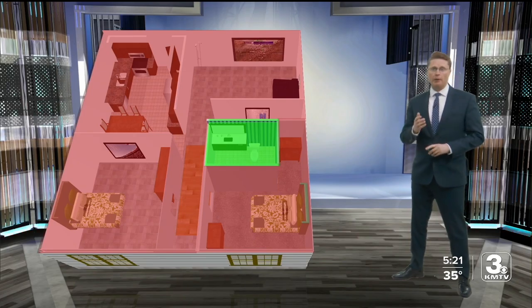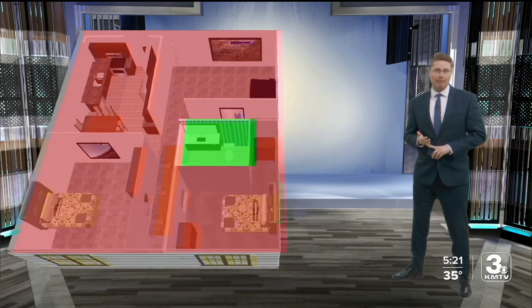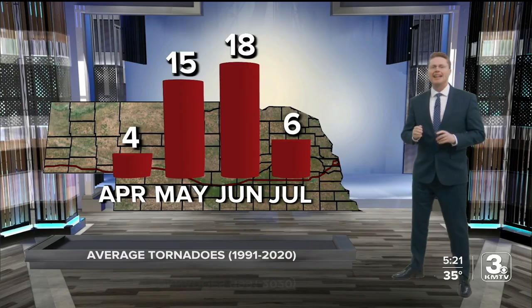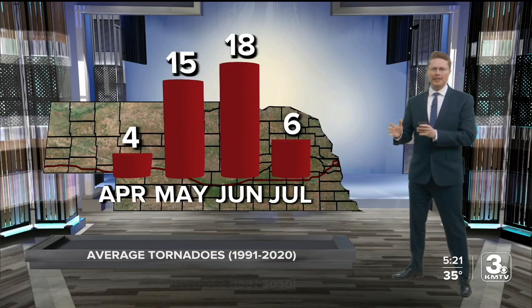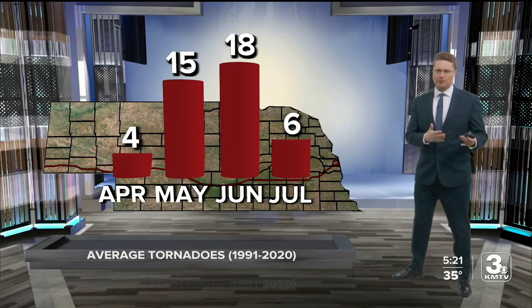On the way to that safe place, hopefully without windows or much glass like a bathroom or a closet, grab things like bike helmets, blankets, anything to help cover yourselves and protect yourselves from any debris that could get into your home. Now, with it being Severe Weather Awareness Week, we do this ahead of the worst of the tornado